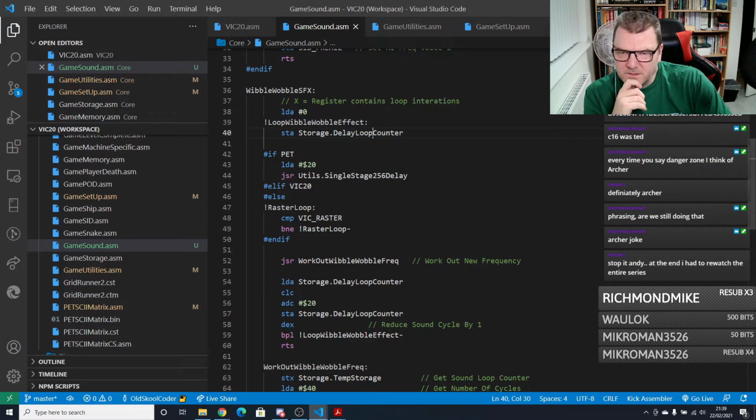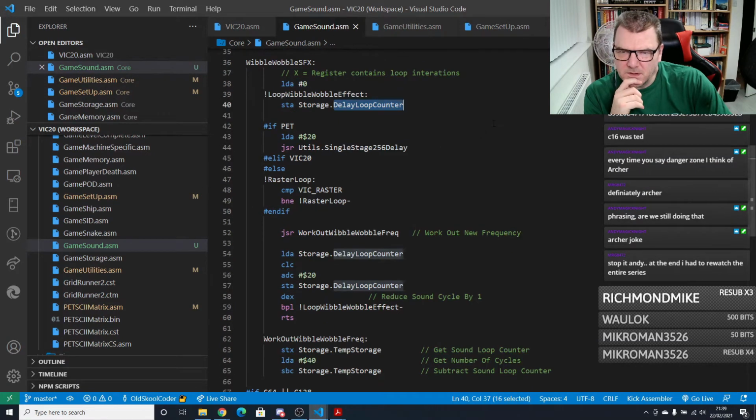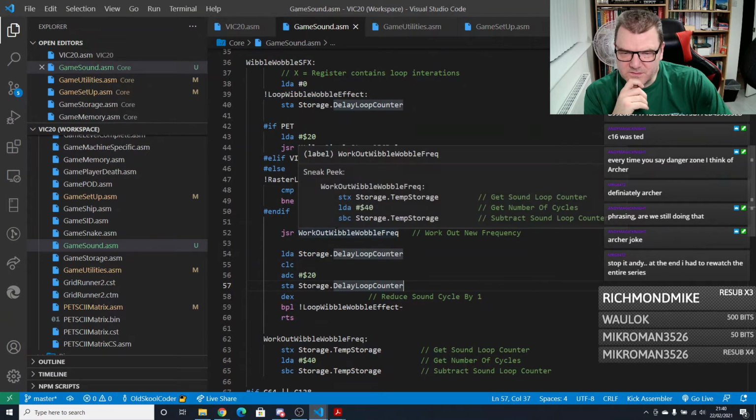So load. So we store, right, okay, so we store it, but we're storing it twice. Why are we storing it twice? Because that's going straight there, so why do we store it again? Oh, I'll look at that in a bit. So store it in there, load A20, do the cycling, and then we're not doing that, do the wibble wobble,